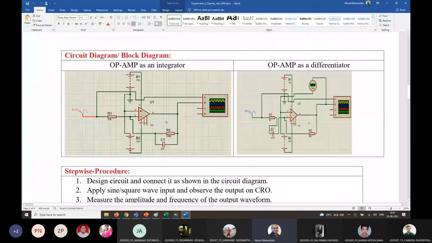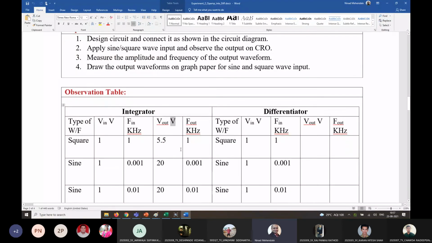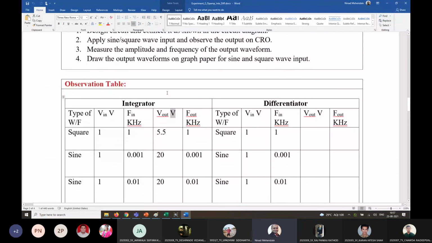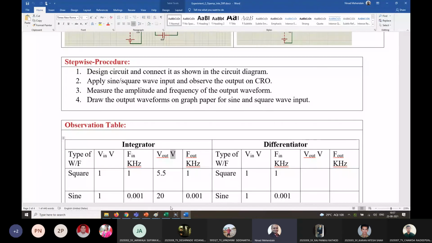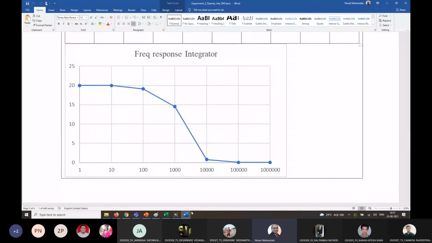You have to connect this capacitor in series, change the values from 2K and 20K, and the rest of the circuit is the same. Again, those who are feeling uncomfortable measuring the output on a CRO can potentially use a DC voltmeter or an AC voltmeter, but they will get a value of VDC or VRMS as per the multiplication factor. They can find V peak to peak, or they can keep it as it is. Make sure that you change this to the proper label. So if you are writing V peak to peak, you can write V peak to peak, otherwise you say VDC. And then your graph might show similar characteristics. Values may not be 20, something else will be there.